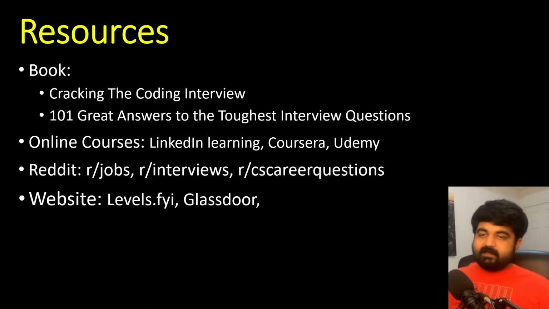Okay. Next one, a couple of really good websites: levels.fyi, because it shows a lot of different things on different companies, how they behave and what are the benefits they have, the perks they have, the employees they have, the compensation they have, and plus they have a very good community page, a very active community where you can post many questions. And next one is Glassdoor, where employees of any particular company leave their experiences and reviews for that company, so that can come in really handy.